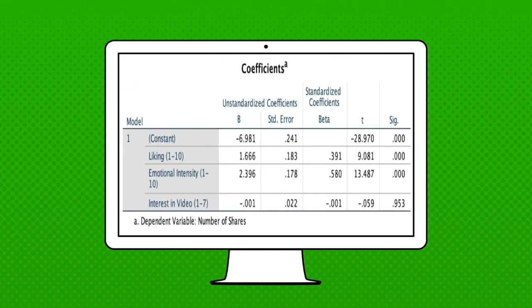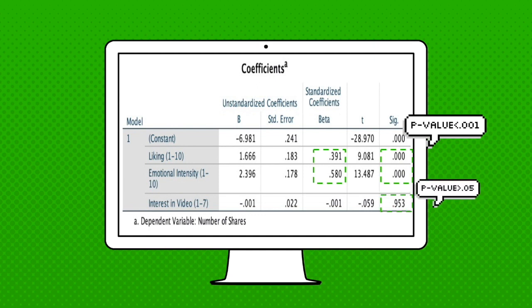In the model, liking showed a significantly positive effect on the number of shares, with a coefficient beta equaling 0.391 and p-value smaller than 0.001. Similar result to emotional intensity with beta equaling 0.580 and p-value smaller than 0.001. However, there's no significant relationship between the interest in value and the number of shares, because the p-value is greater